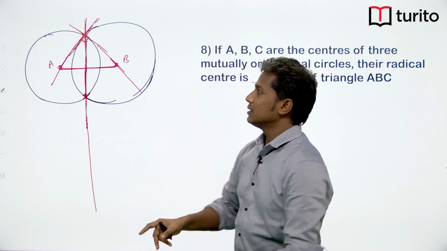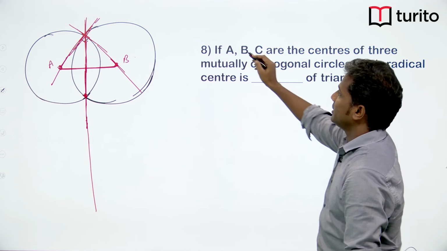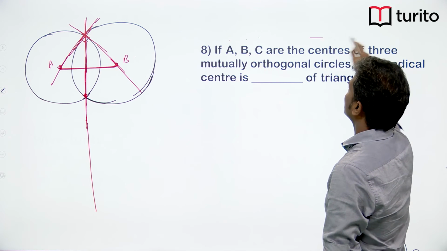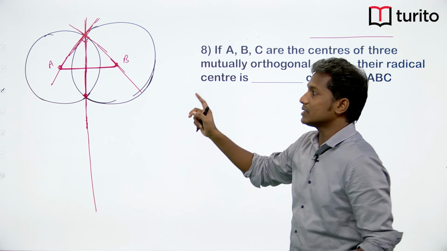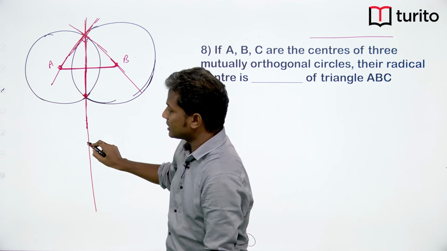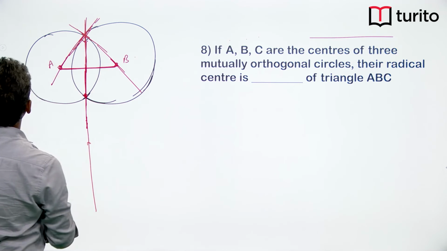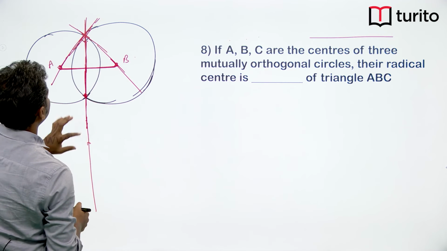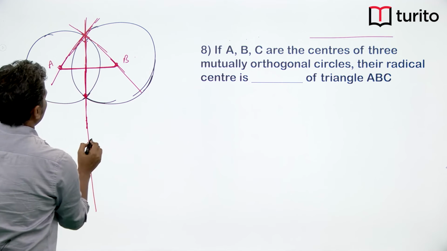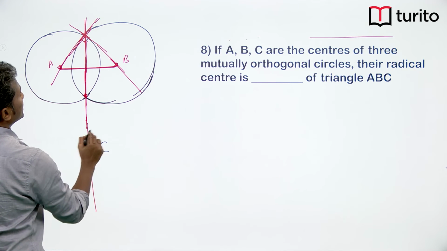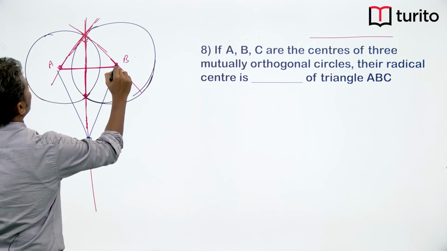Here ABC are the centers of three circles, which makes the center of the third circle lie on this line only. So, which means we can generate a different diagram here. Okay. So, let us say there is one point here which is C, and if I join these ABC,